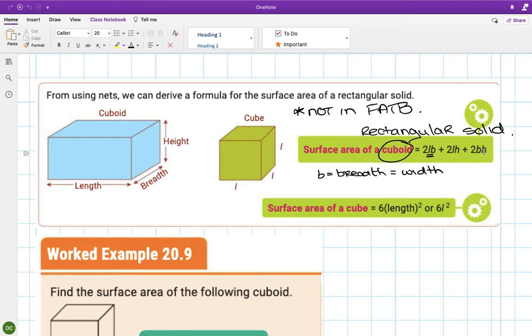It's each of the faces and then recognizing that every face has a pair. So there's the top and the bottom. They would be the same. The front and the back, the side and the side. And then that formula, just like when we were doing rectangle versus square, when you go to a cube, because a cube is a square solid,